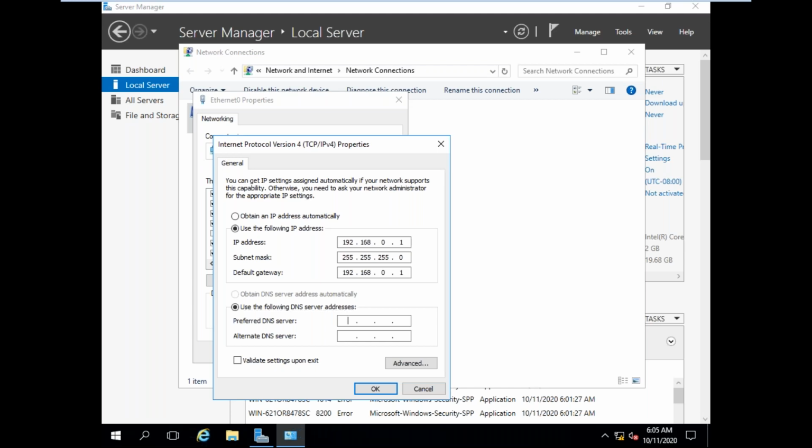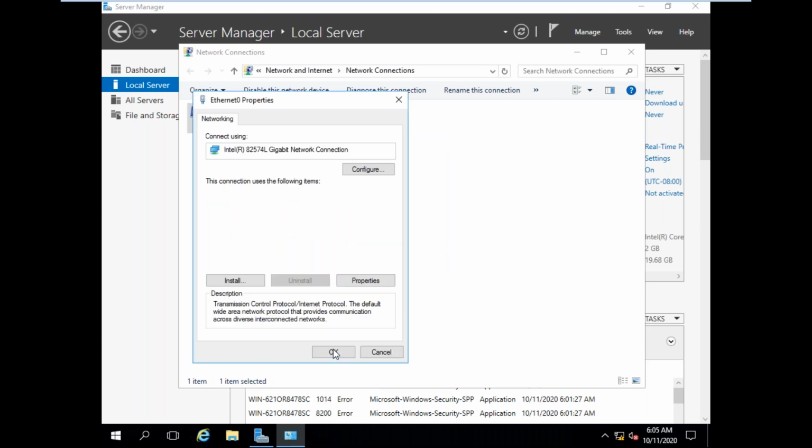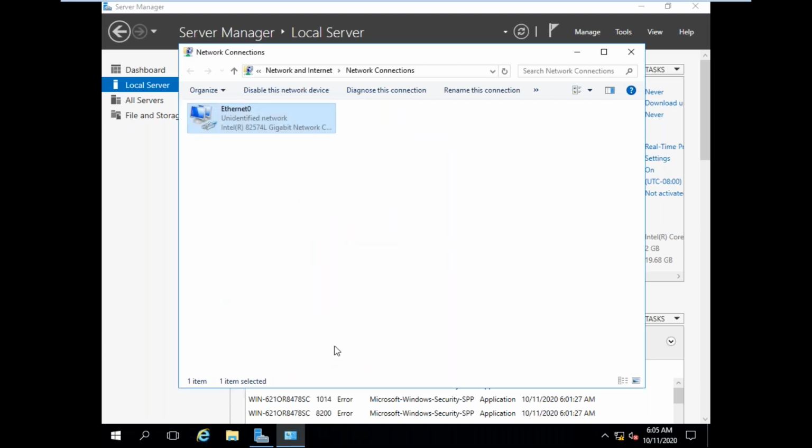Preferred DNS I am giving because I am going to configure this system as a domain controller. The DNS server is not there yet, but we are going to configure it. So before that, I am applying preferred DNS server as 192.168.0.1. So server IP address is 1, gateway is also 1, preferred DNS server is the same IP address. Click on OK. Click on OK.